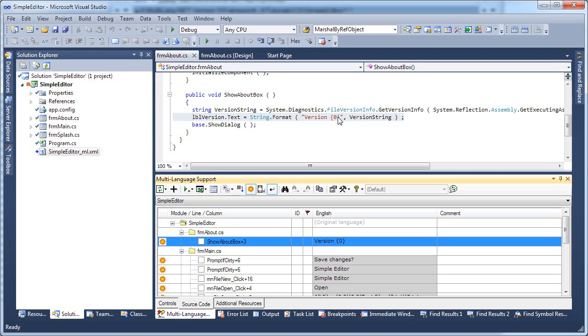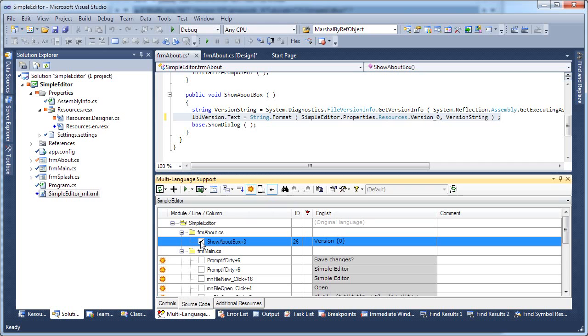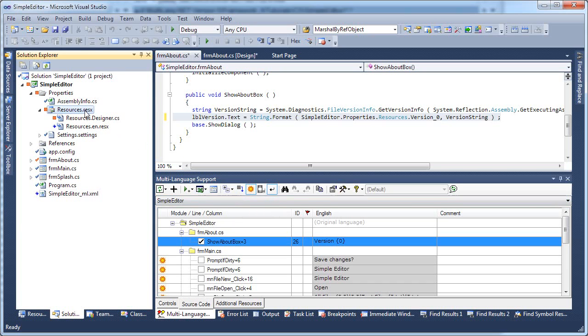Now if we want to localize this string, all we have to do is click on the checkbox in the grid. What the add-in does is it takes that text and turns it into a resource string. So now the original text has been replaced with the resource string simpleeditor.properties.resources.version_0. And this resource string has been added to the standard resource file resources.resx, which you can see in the